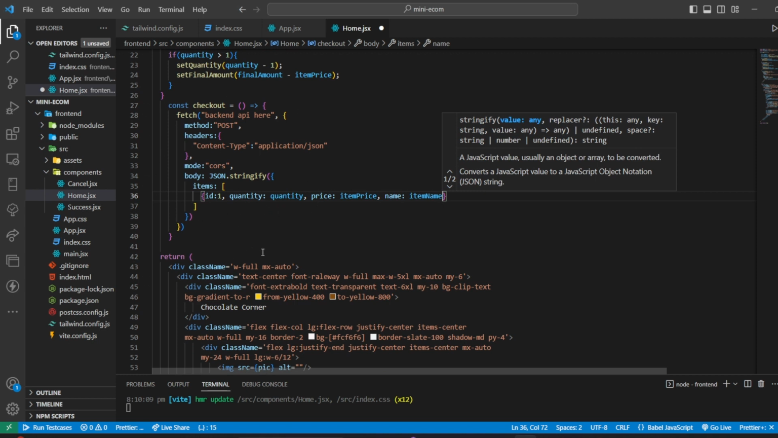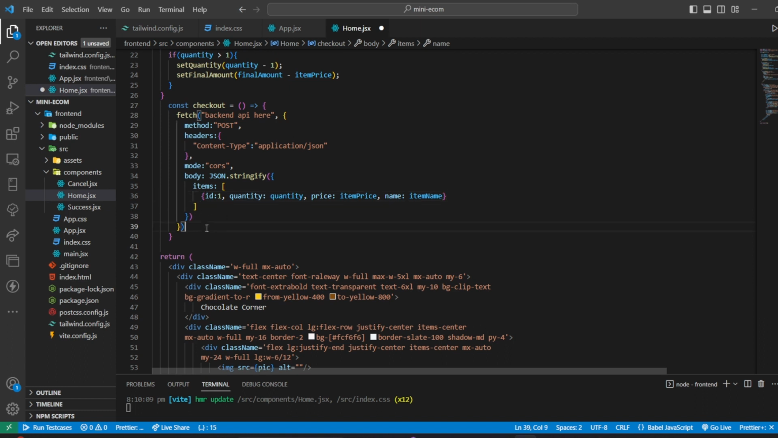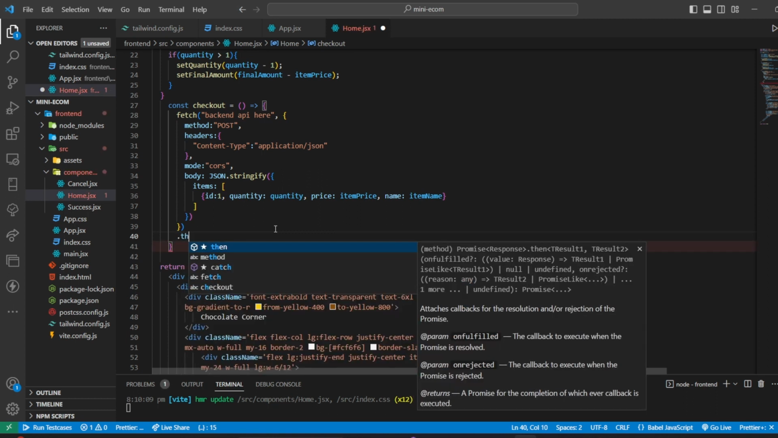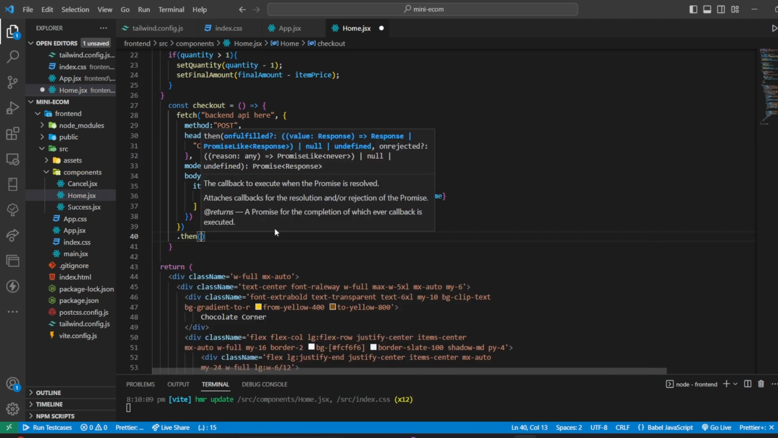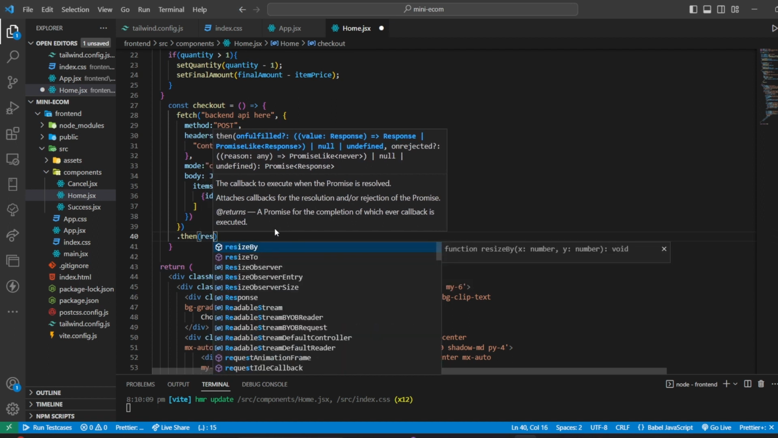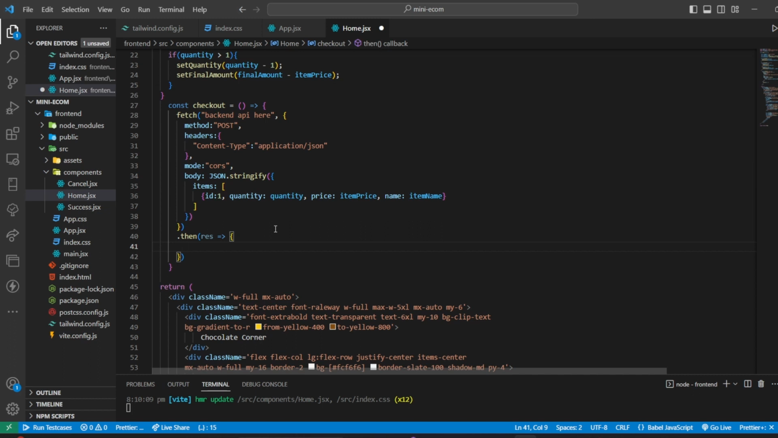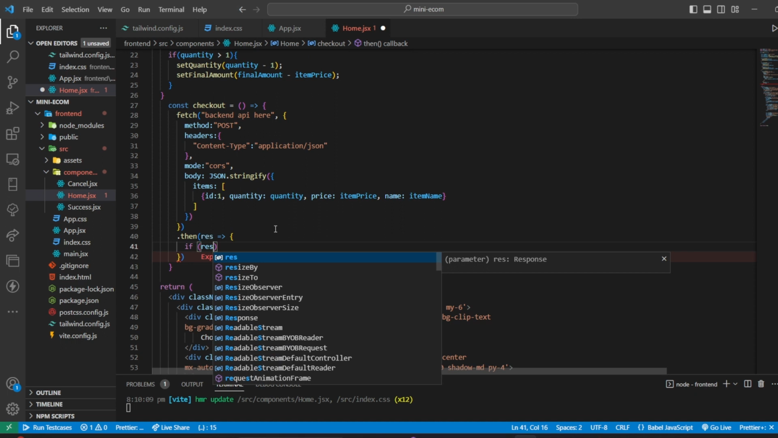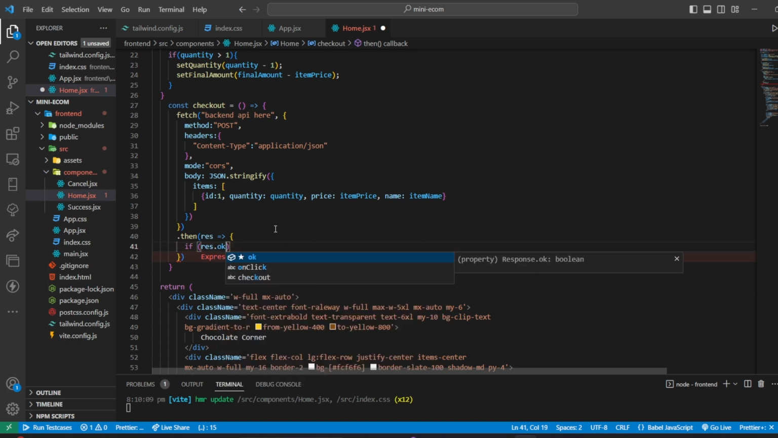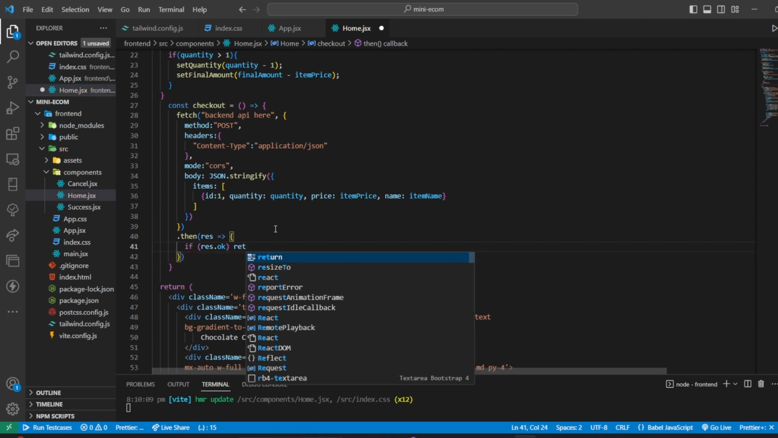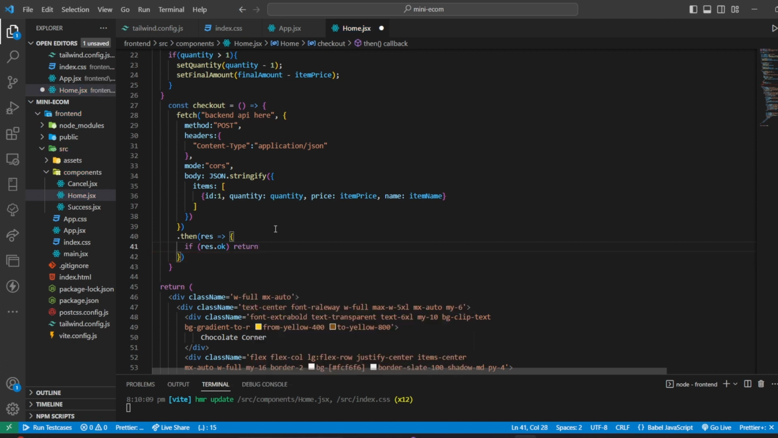Now, after fetching the post API and passing the body JSON, we'll get a response after that. So for that, let us write dot then, that is when we'll get back the response, we'll take it as res, and we're going to check if res.ok, then return res.json,